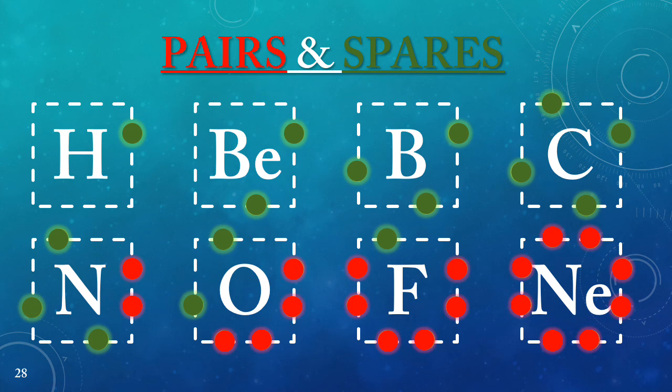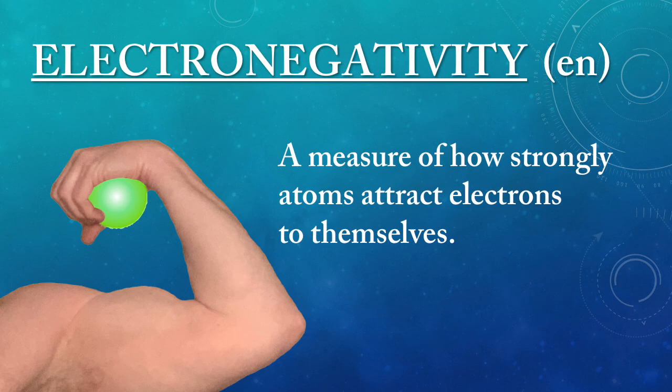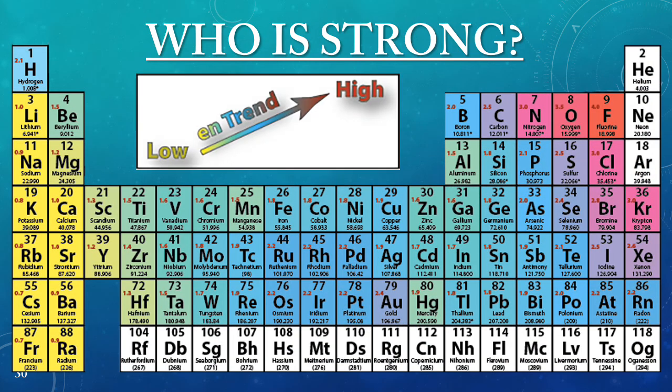Okay, so we could see that these are all green lights and parking spots that are available. Neon has no parking spots. They have all red lights, all red pairs. So that means that they're already full and there's no need to take on anything else. We talked about electronegativity as a measure of how strong atoms attract electrons to themselves. Okay, and we said who's the strongest. We had fluorine is the strongest on the top right,